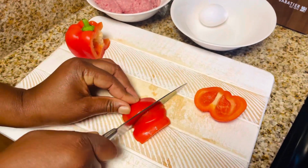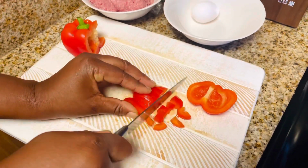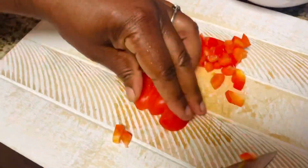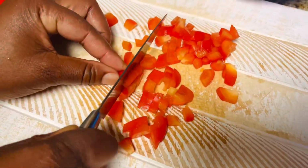Alright, my people, now let's start the prepping. Like I told you, this is a very simple meal. I came back from work, I think around 5, and before 6, my dinner is ready and I really enjoy it. Now, the first thing I'm going to do is just to make sure that I cut all my